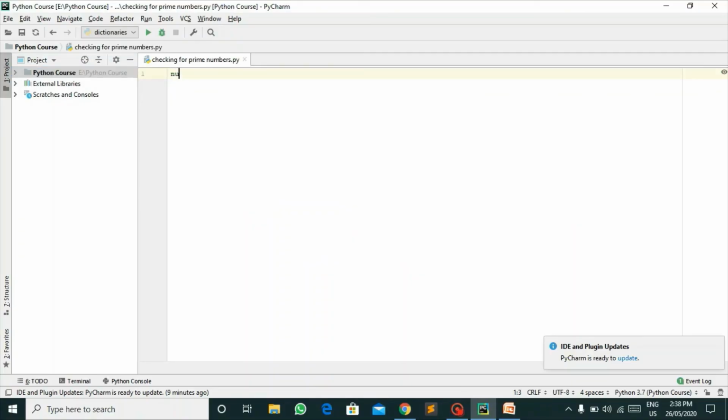I will start by declaring an integer number, and I will take an input. So this is how we take an input. We'll declare this input function, and in order to convert it into an integer, because I am taking it in the form of a number, I will convert it by declaring it like this, and I'll say enter a number,